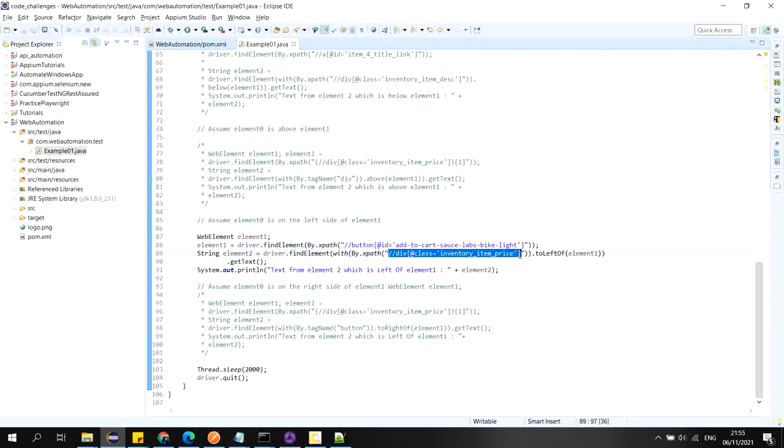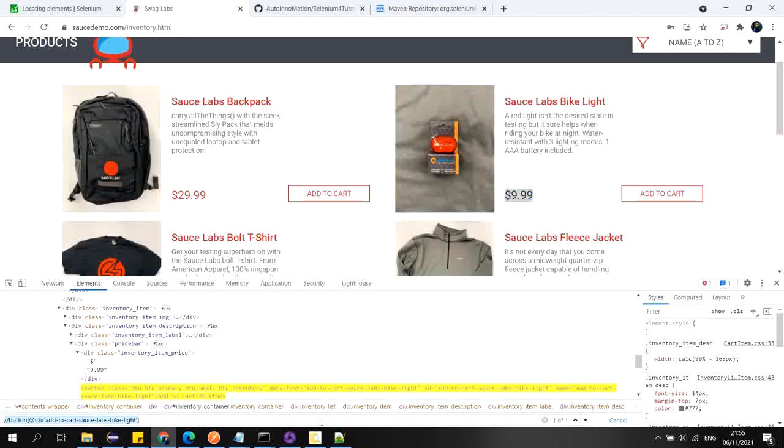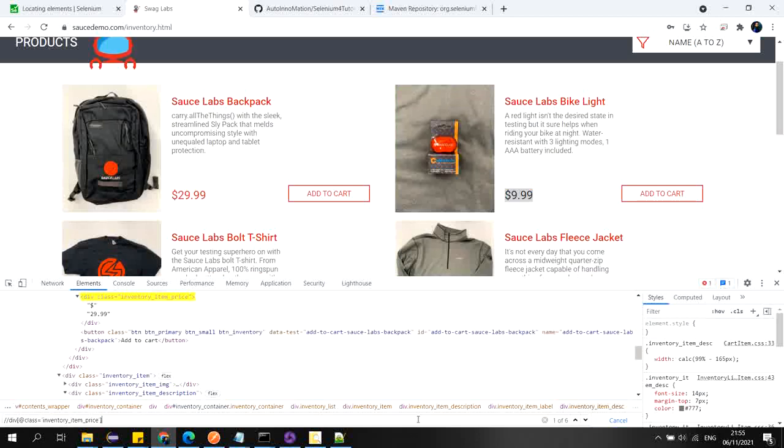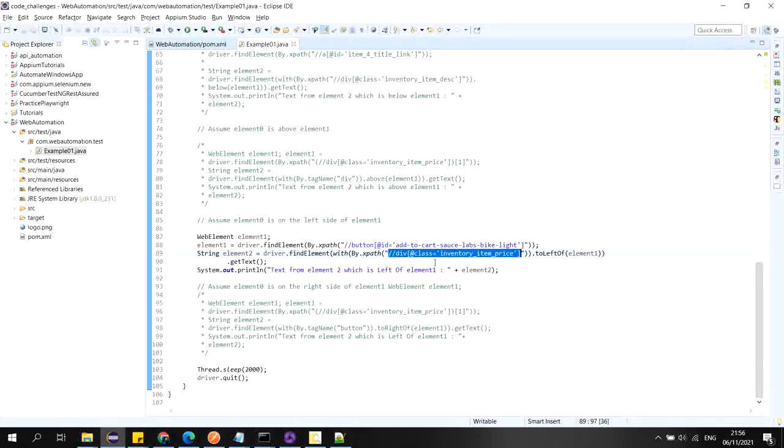Same thing here. If I use this XPath to check the item price, it is returning me 6 elements. I can obviously use an index, but as I said earlier, now it is showing in the second position, and after some time it can show in any other position. At that time the index will not work. But this add to cart button has a unique ID, and using this unique element I can get this price value. That's why I have used the leftOf method here.